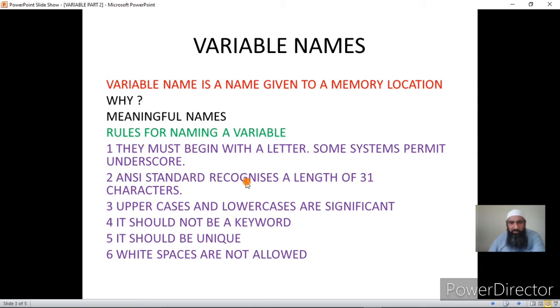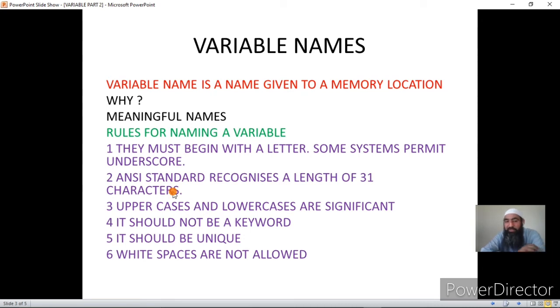Now ANSI standard recognizes a length of 31 characters. That is, within the first 31 characters, there should be a difference between two variable names. And if they differ in the first 31 characters, then they can be treated as two different variables. And if there is a difference after 31 characters and they are similar up to 31 characters in the case, then those two variables will be taken as the same variable.